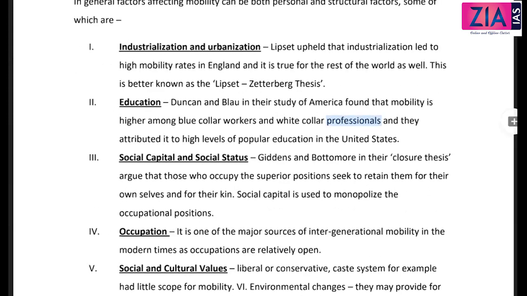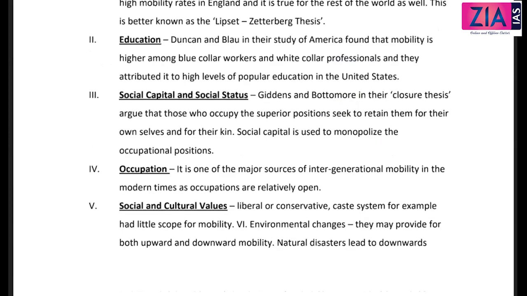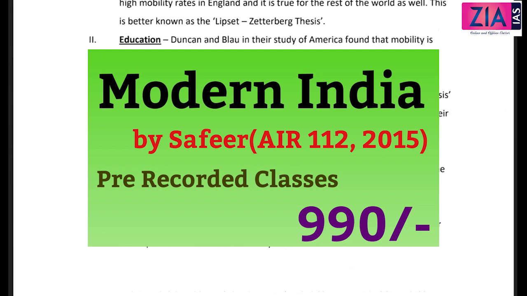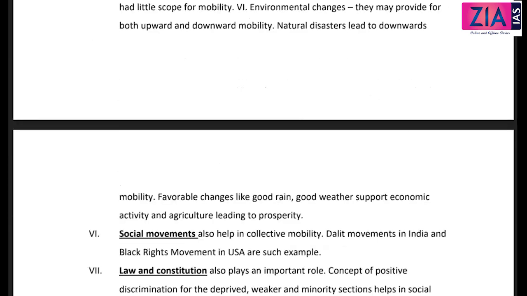Okay, so what all things I've discussed is what I've explained here, guys. Industrialization, urbanization, that is the economic dimension, education, social capital. Social capital means, what is economic capital? It is money, land, etc. Social capital means your relatives, your friends, that strength, because they will be there to help you. That is also a very good element when it comes to mobility, because your family itself can provide you enough support, economic support and political support and every other support also. So just read this one by one in case you need further clarity.